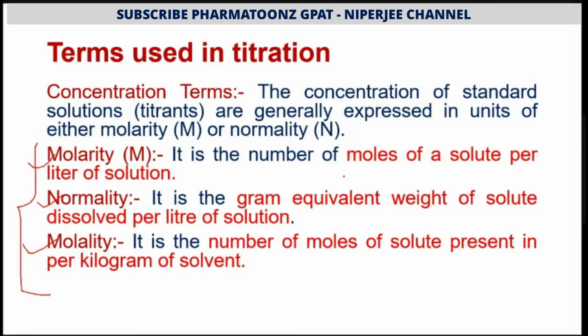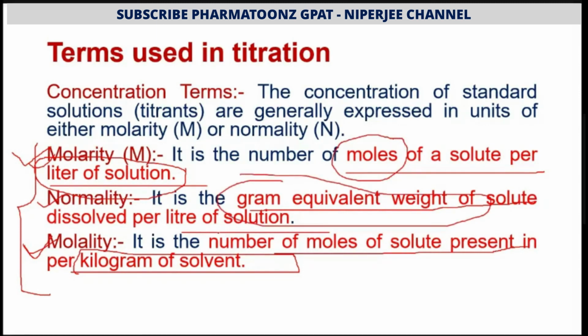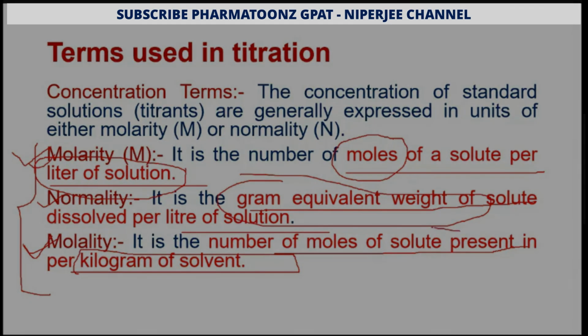So we have to concentrate on these basic things. Molarity is the number of moles of solute per liter of solution, and molality is the same thing, the number of moles of solute present per kilogram of solvent. Here the solvent is in kilogram and here the solution is in liter, so this is called molarity and this is molality. Normality depends on the gram equivalent weight of solute per liter of solution. In molarity moles are involved, in normality the gram equivalent weight of the compound is involved, and in molality the solute is present in